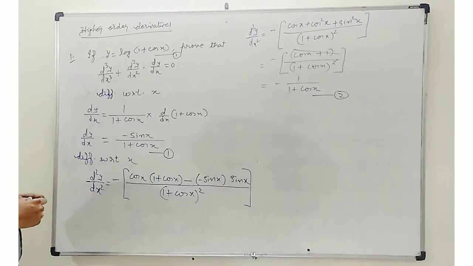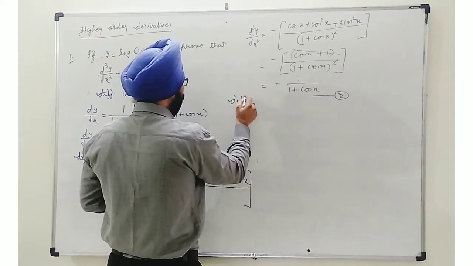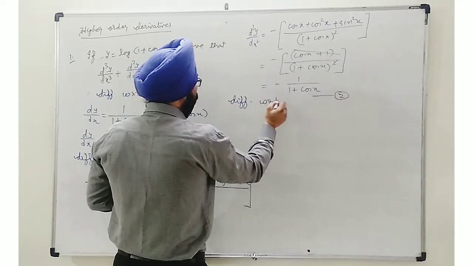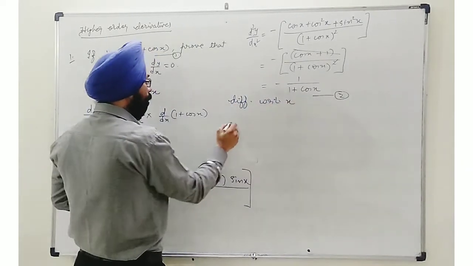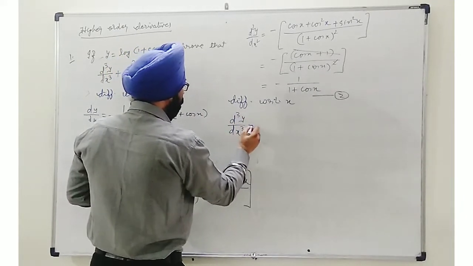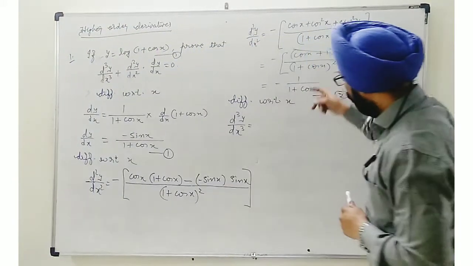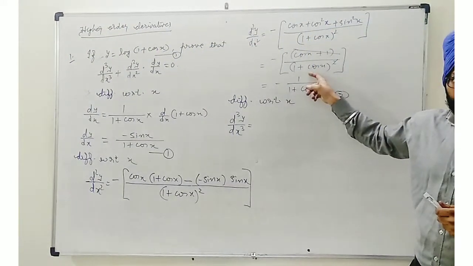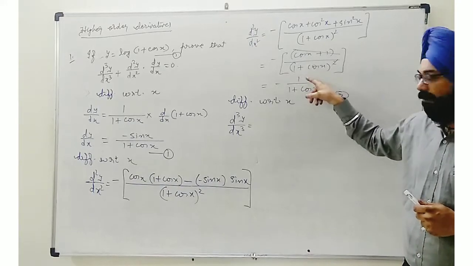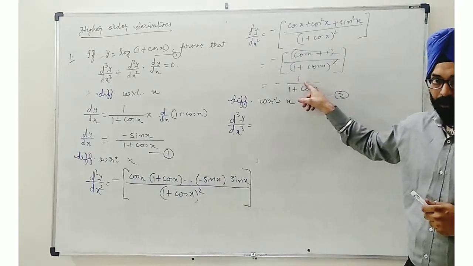Now we go ahead to find the third order derivative. Differentiating once again with respect to x. If I do, I will directly find d cube y by dx cube. Now again there are two methods. Either you apply here quotient rule. One will be constant, that's why when you will operate quotient rule, the numerator differentiation will turn 0.